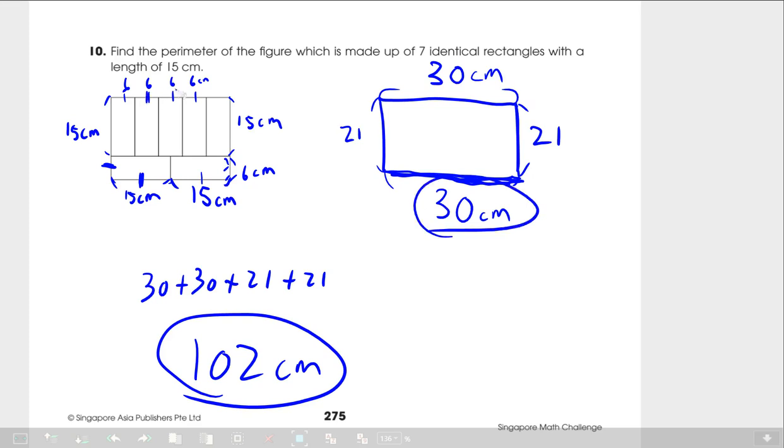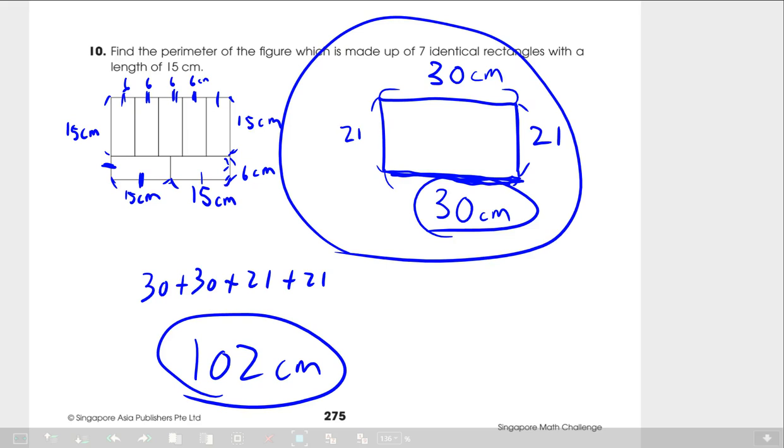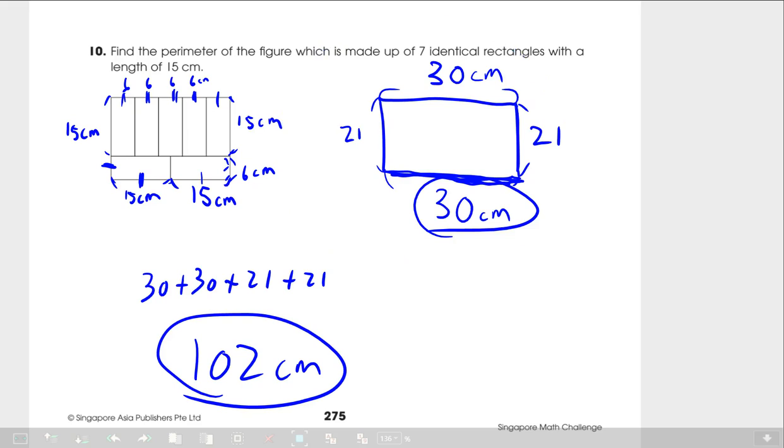So 5 of these little guys, sorry, will also add up to make 30, and then you can figure out that it's 6, and with your two numbers, 15 and 6, you can figure out the rest of these missing pieces, and from then on you can find the final perimeter of the big figure. Okay, that's